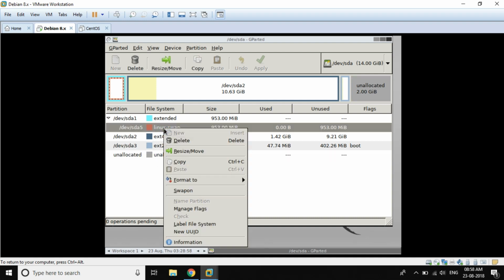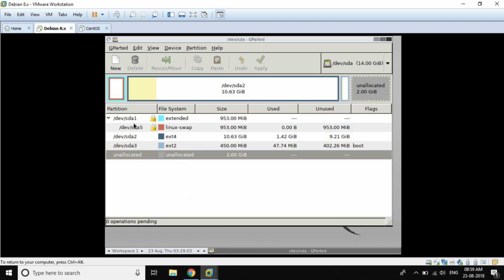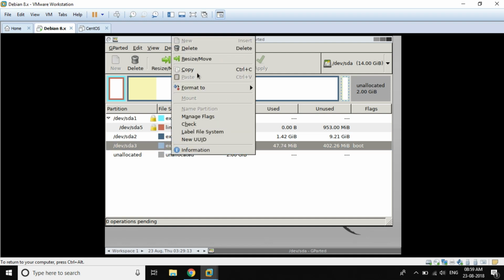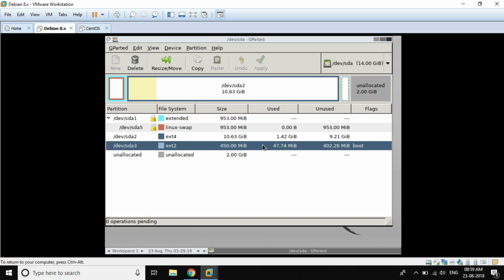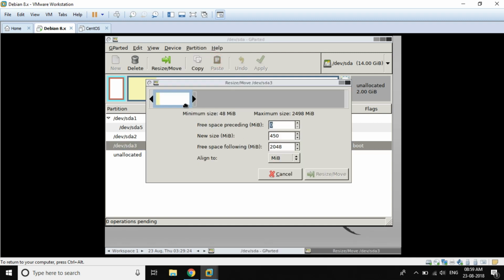So first we will make this swap on so it gets locked and we don't have to modify this extended partition and swap, that is Linux swap. So first of all, we are gonna extend this partition. This is the boot partition, and first we have to move this partition to the end of the partitions, so that